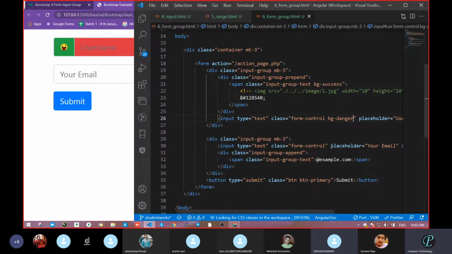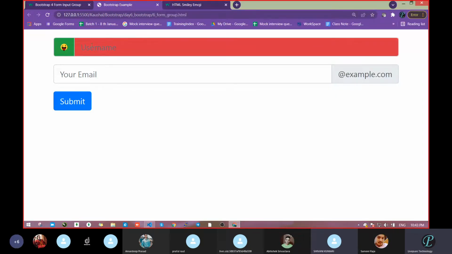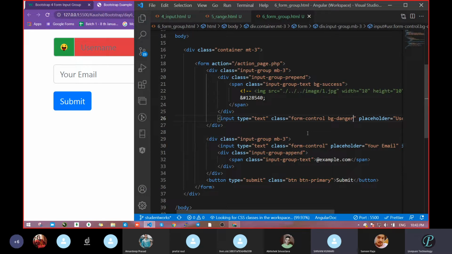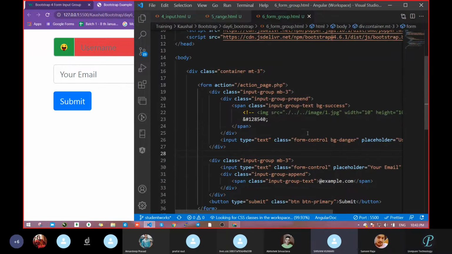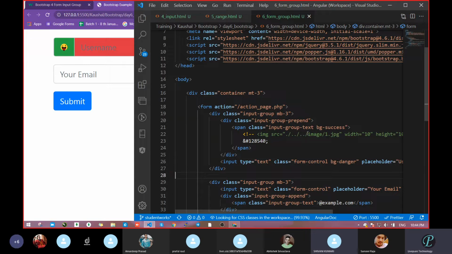So now we want the placeholder. The question came, how will I design the placeholder? This username is written there. When we write, it is gone. Clear? But I want to design the placeholder. I want that placeholder text to be white. How can we? Can anyone? Wait. Sweta, how can we make the placeholder white?